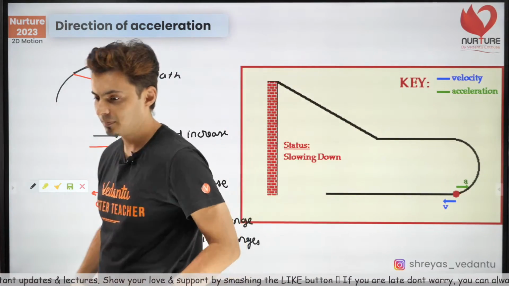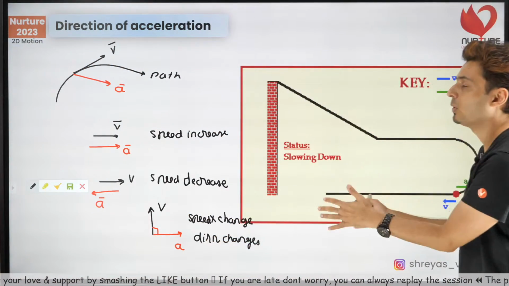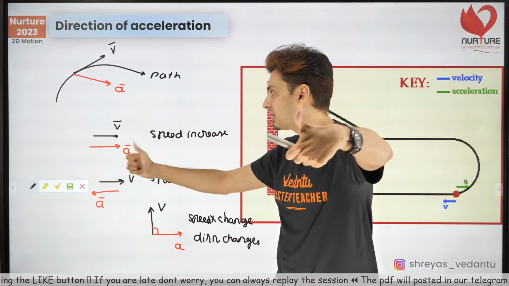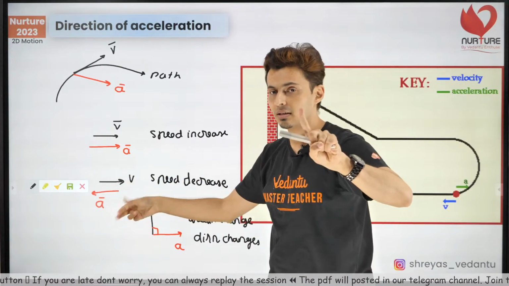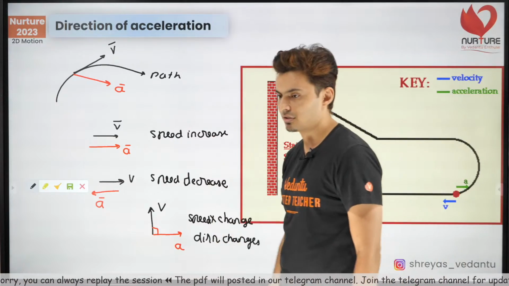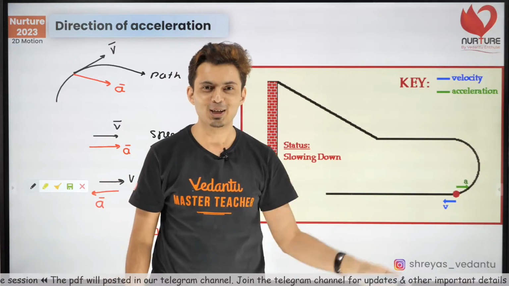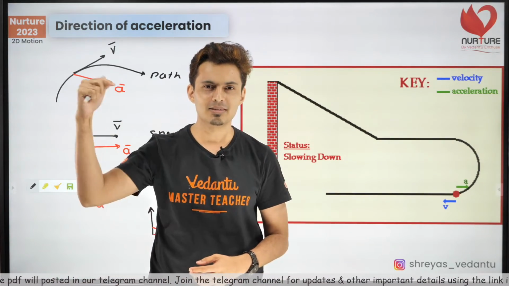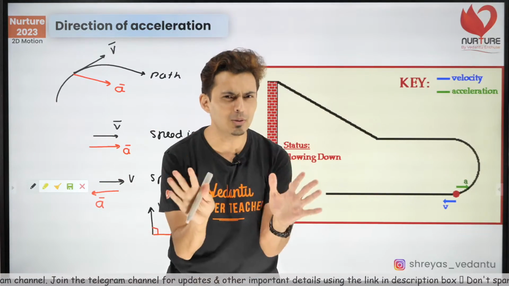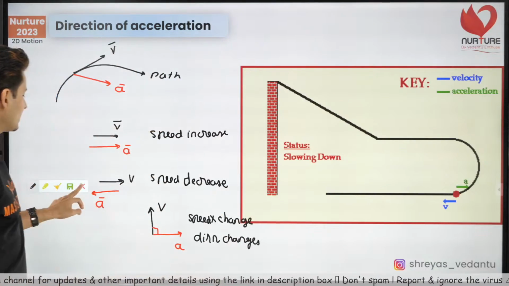Very, very crucial. Yes, that's how it happens. So remember this, very, very important. Acceleration need not be along velocity. If by chance it is, then the speed increases. If it's opposite, speed decreases. If it's perpendicular, speed won't be affected, only direction will change. And I think you would have heard about centripetal acceleration in circular motion, that acceleration is towards the center, velocity is along the tangent, and how that particle goes in a circular path. Don't worry, even if you do not know about it, we are going to learn circular motion in detail as a separate chapter.